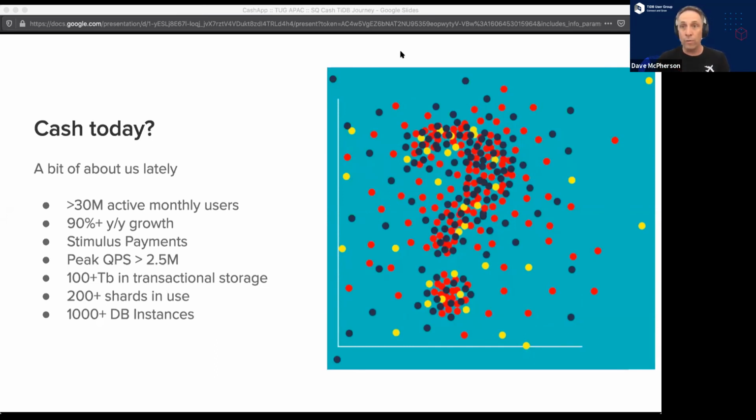As it turned out, COVID was a major kicker for us as well, as we were able to pivot and work directly with the federal government in the United States and allow people who didn't have access to bank accounts to get access to the federal COVID funds directly into their Cash App, which was a great win for them and us, in the sense that it brought a lot of money into the ecosystem. It also brought an awful lot of traffic.